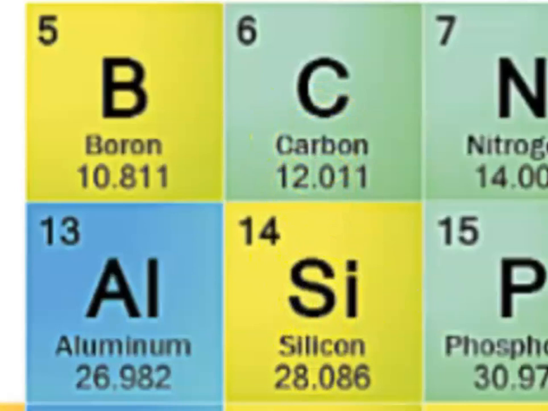They have a different amount of protons, okay? So a carbon atom has 6 protons, and a silicon atom has 14 protons, all right? And that's what fundamentally makes them different from each other. That's what makes a carbon atom different from a silicon atom or a boron or aluminum or any other